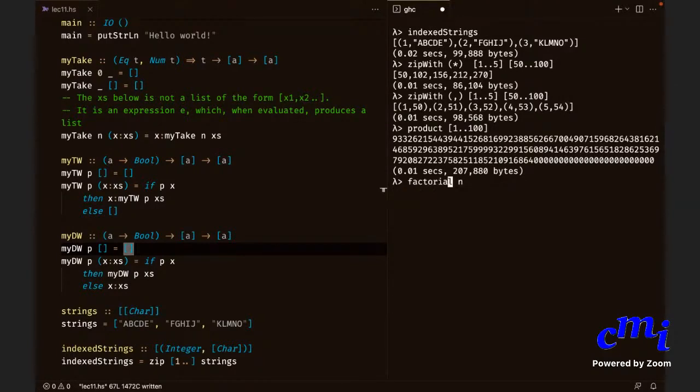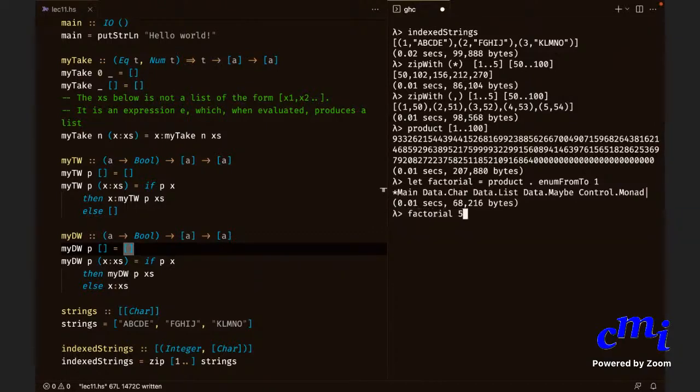Factorial n equals product of enumFromTo 1 n. Yes, you have factorial set. enumFromTo 1 means you enumerate from 1 till whatever number I give as argument.